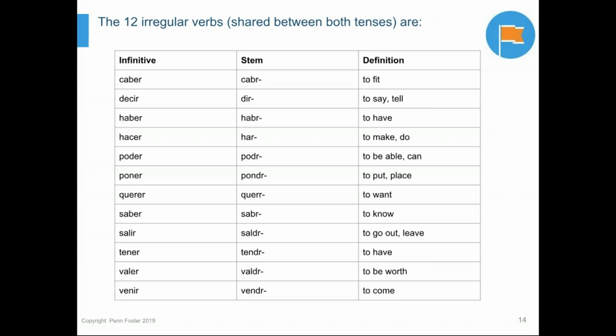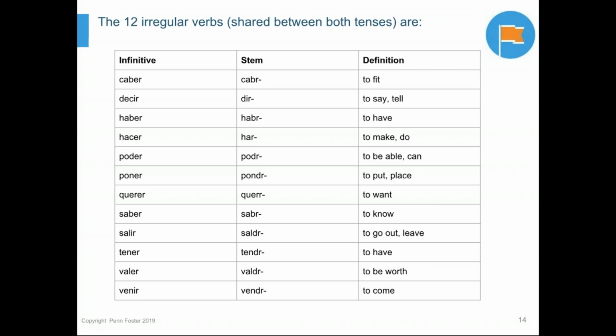Okay, and just to review, both tenses are going to use that one set of respective endings that we saw on the charts on the previous slides. So if you were to say something like, I will tell the truth, you would take the irregular stem of decir, which is dir, pronounced dear. If you're talking future tense, first singular's ending was an E with an accent, so I will tell the truth,